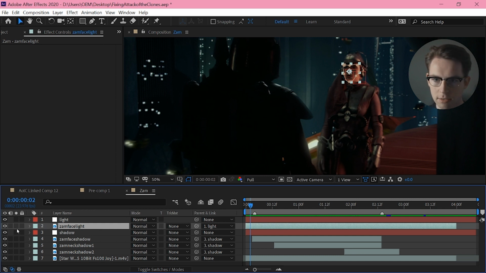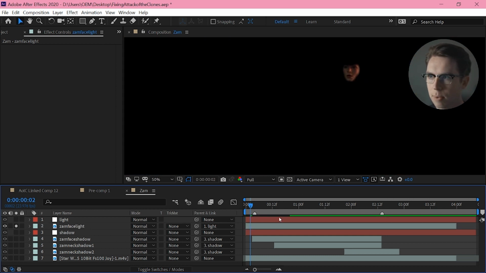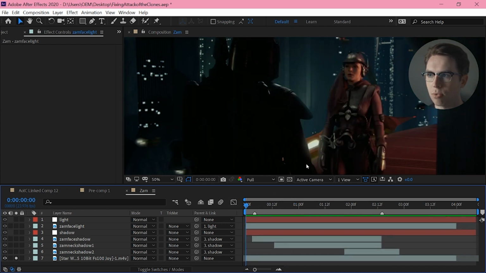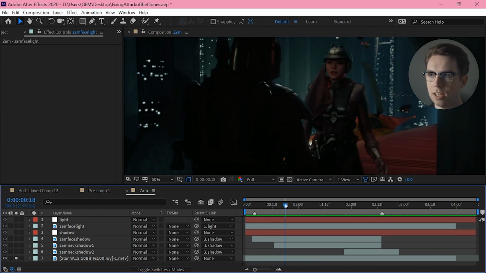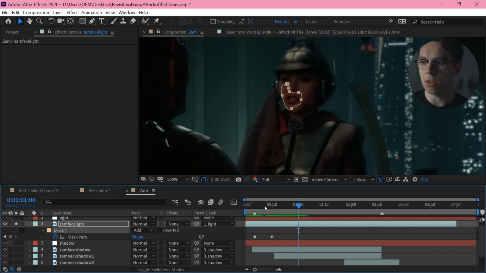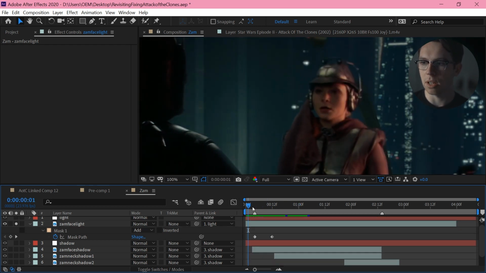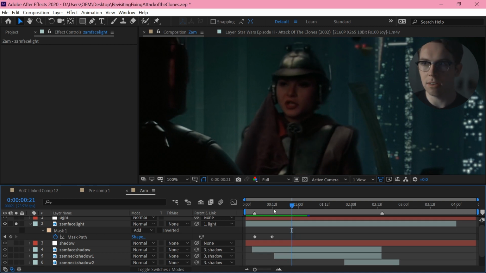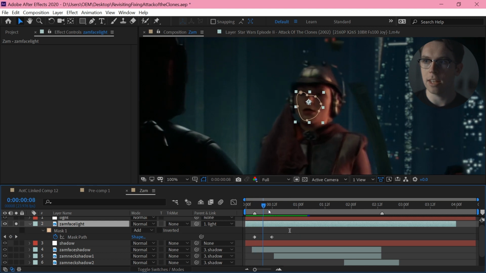So the first thing I've done is grabbed a freeze frame of her face at the start, and then I'm masking that out and fading it off so it kind of matches the way that the light wrapped around her face in the original shot. And I'm actually making use of that original footage because there's a lot of areas of her face that are fine to keep as is. The movement of her eyes, her cheeks. I just need to get rid of that mouth movement.